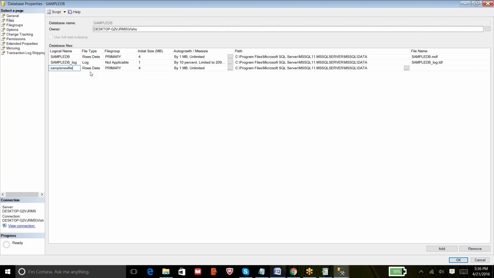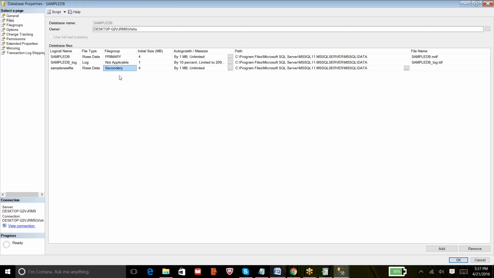It might be a master data file or a new data file, but ultimately it is a data file. Then for the file group, you can click on the drop down and select the secondary file group. By selecting the secondary file group, we are mapping the NDF file to the secondary file group.